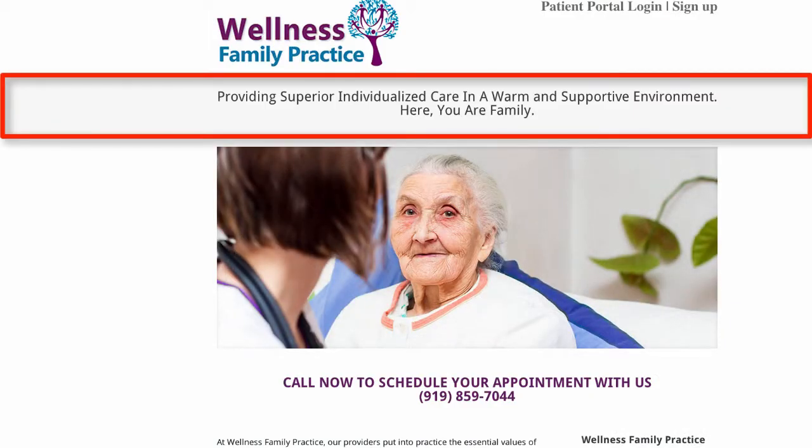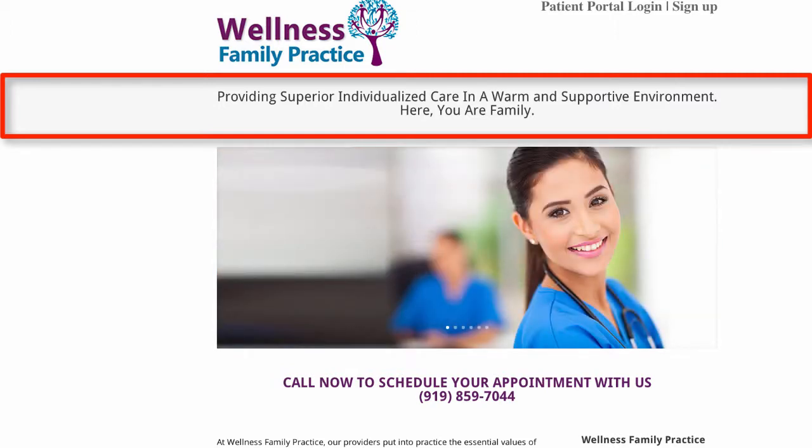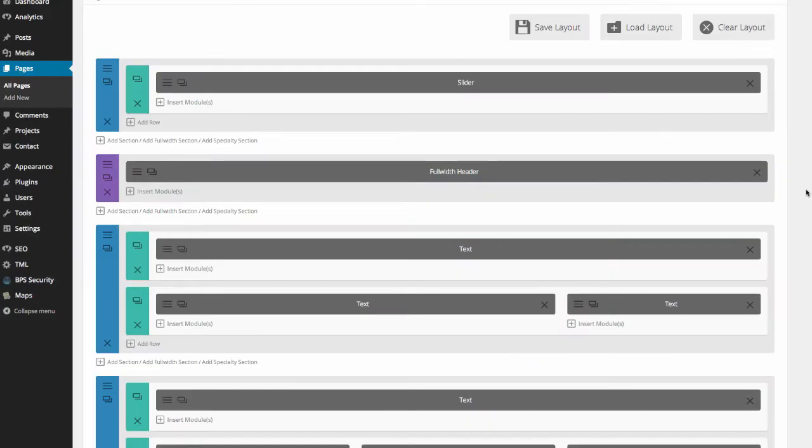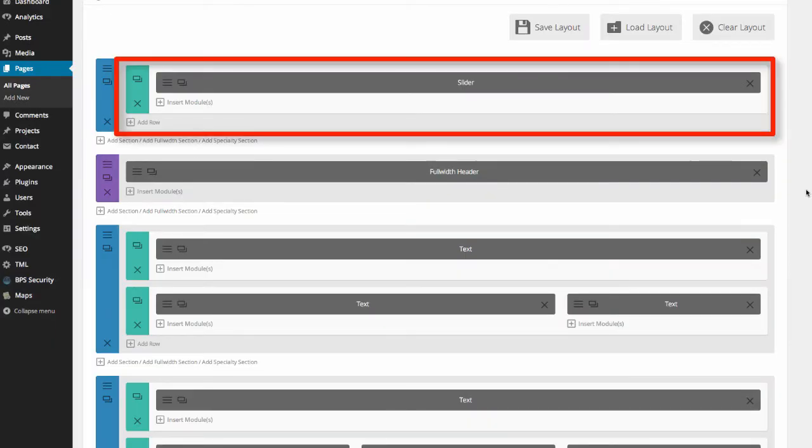Note the box saying providing superior individualized care. This is the full width section, and notice the light gray box extends from both sides of the browser screen. So it creates the optical illusion that this is a wider page than it really is. Inside these sections are rows that can be divided up into and contain the elements of the site's text, images,